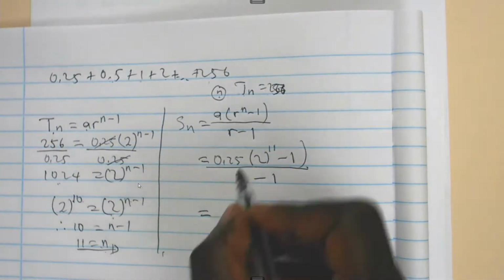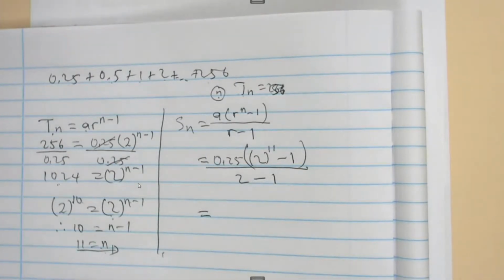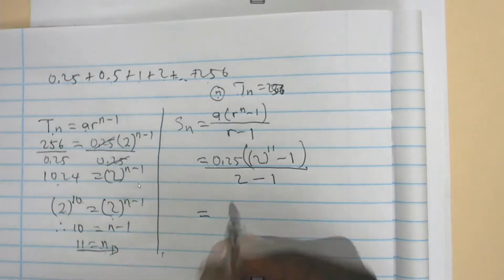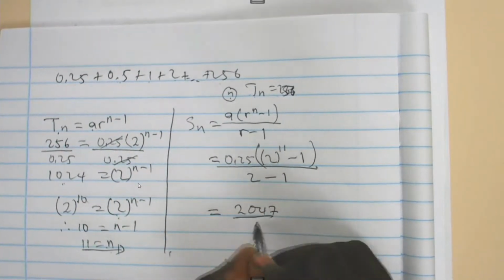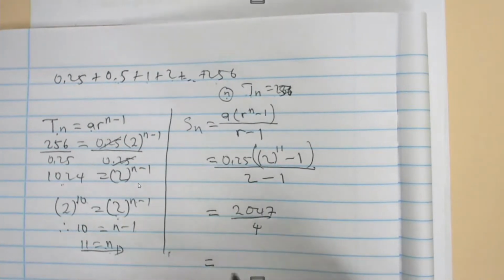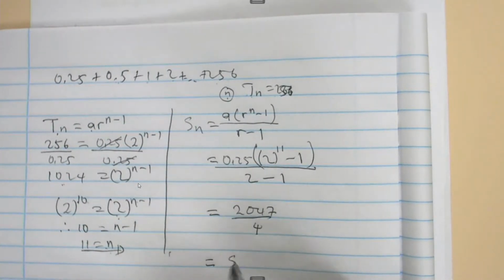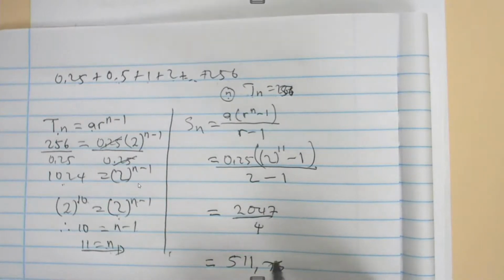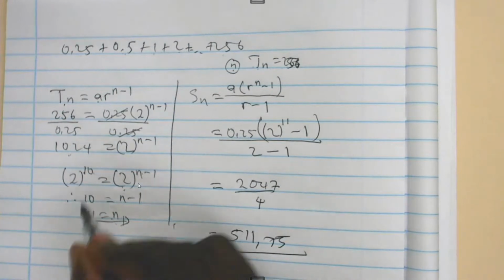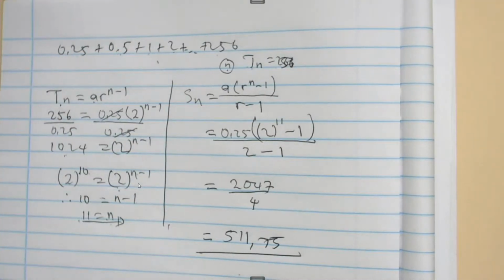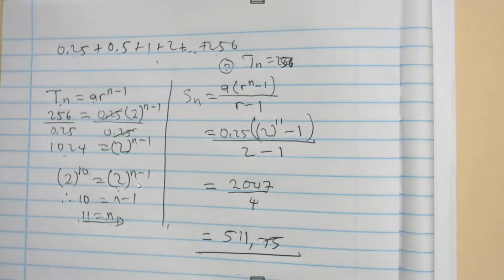0,25 times 2 to the power of 11 minus 1, all over 2 minus 1. Punching that on the calculator, we are going to have 2047 over 4. Or if you write it in decimal form, you are going to have 511,75. This is the sum of the first 11 terms of this series. Now, that is basically it about the